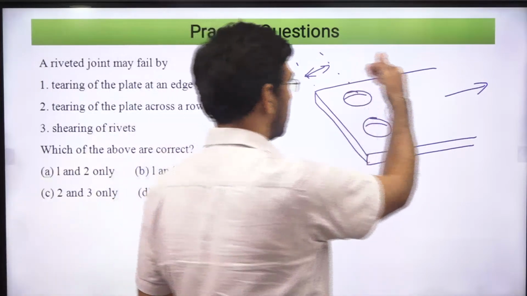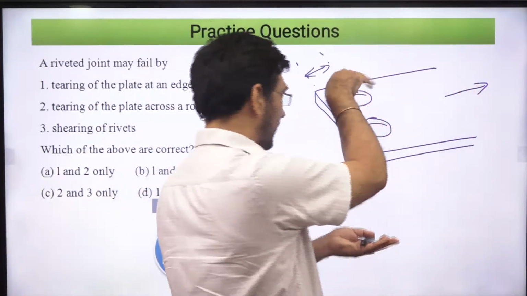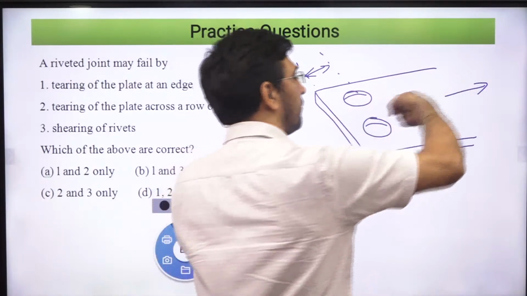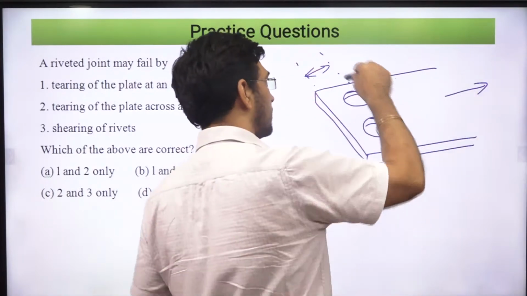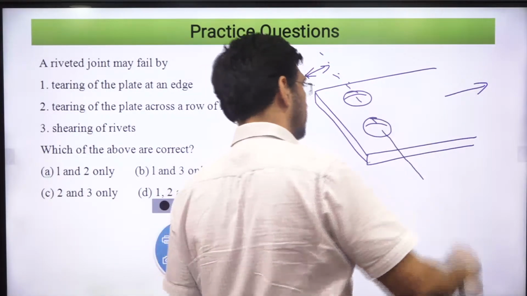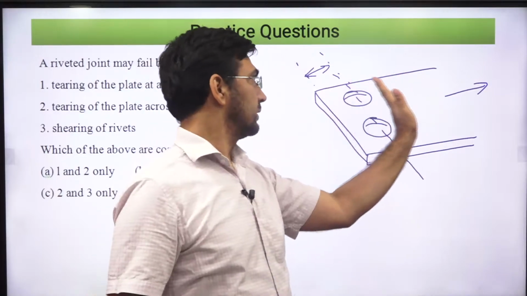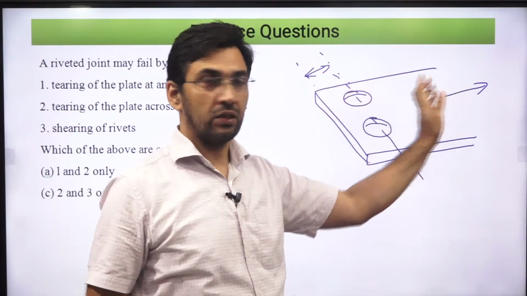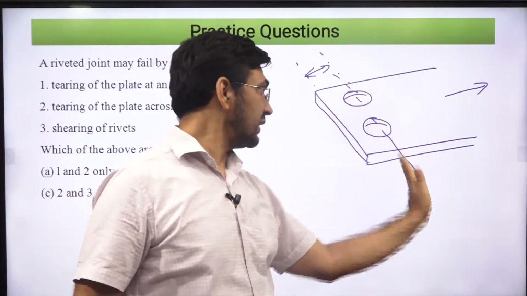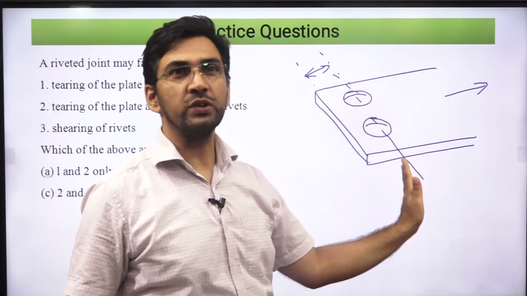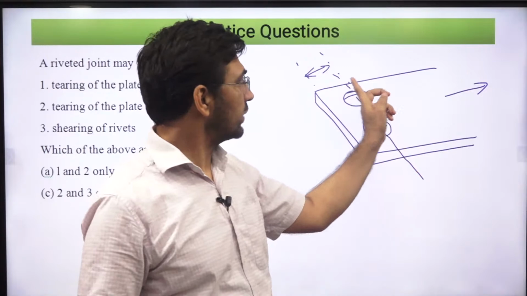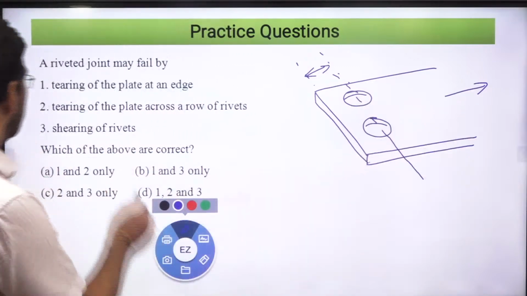So if I am applying, let's say another plate I have joined with the help of the rivet, and I'm pulling this plate, the minimum cross section seems to be, let us say, this one. So it will tear means tensile failure of this plate across the whole section, you can say, because that is a minimum cross section. तो एक तो टेंसाइल फेलियर हो सकता है इस रिवेट का,